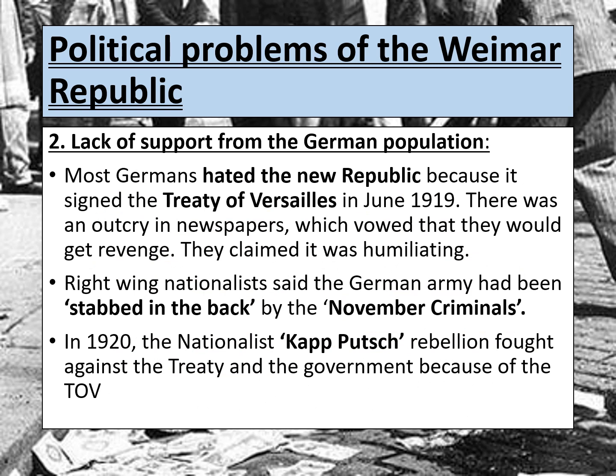Another political problem that the Weimar Republic faced was the lack of support from the German people from its beginnings. So we've got to think about, guys, the fact that the Weimar Republic was actually born out of defeat from the First World War, and so of course that meant that from the beginning a lot of Germans resented this new republic. Another reason why the German people resented this new republic was because they had signed the Treaty of Versailles in June 1919.